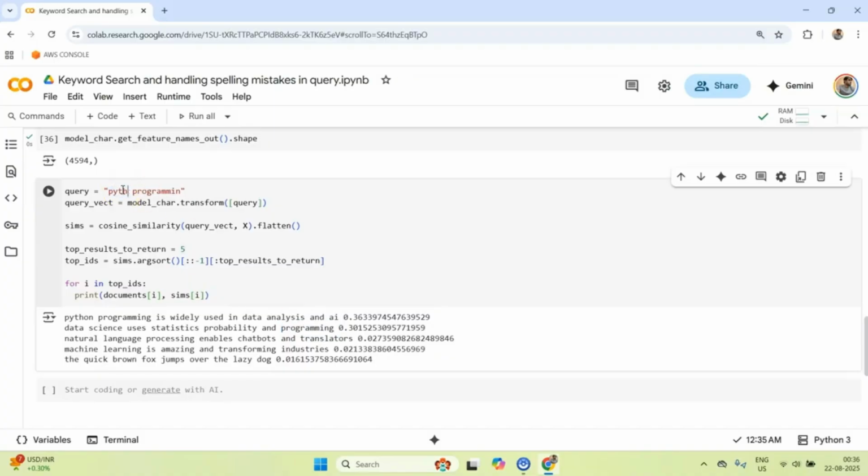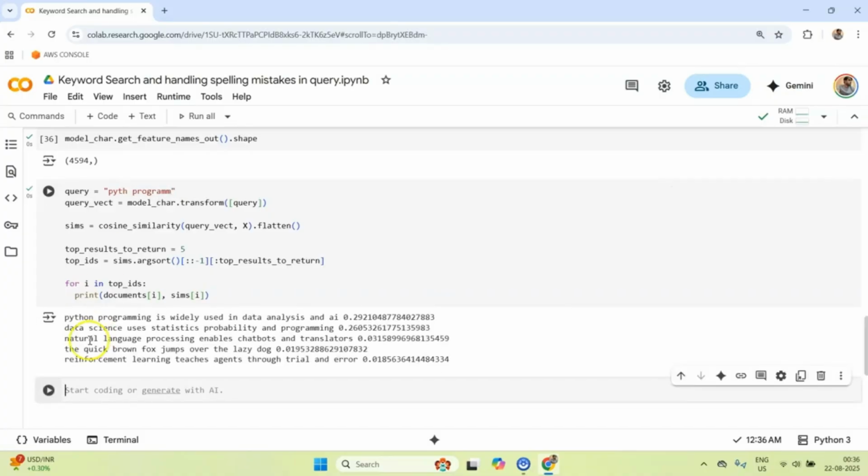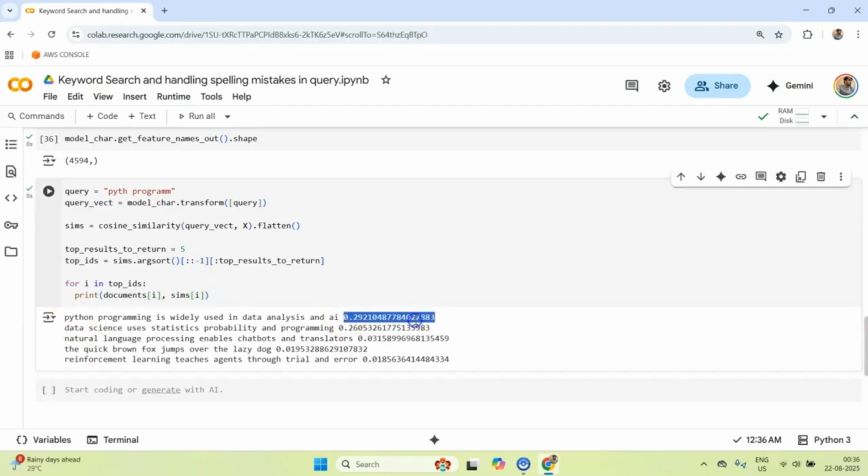Now even if I remove O and maybe remove some more words, and if I run this again, the score is going to decrease, that's for sure, but that does not matter in a real world application. In a real world application, what we want to do is showcase the relevant results, and this kind of use case is going to be really important for, let's say, somebody who has a restaurant or maybe a cafe, and they want to build a simple search around their products, and people might come to their application and want to search for some items that they have had in the past just out of their memory.